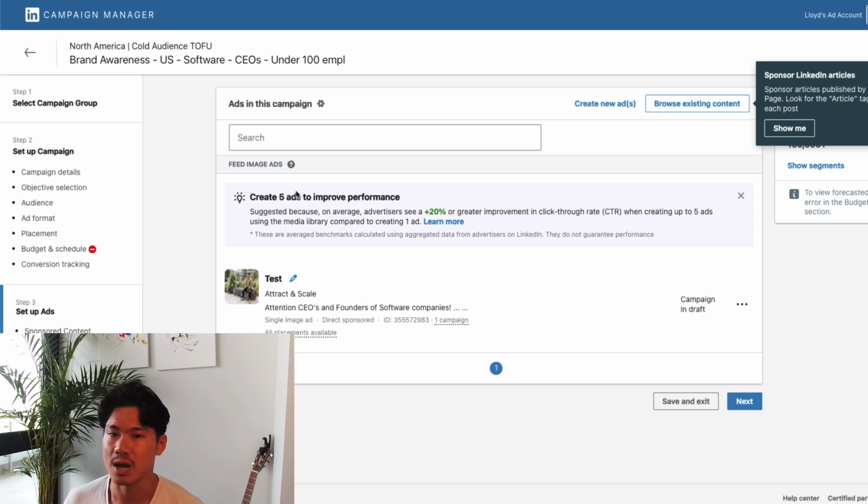They will typically recommend that you have multiple ads to improve performance. You don't necessarily have to have 5 ads. I think that might be overkill, especially for your first ad. Just get it out there. Don't be overly worried or try to be a perfectionist, because honestly, media buyers will go through hundreds of iterations of their ads. So best to just get started.